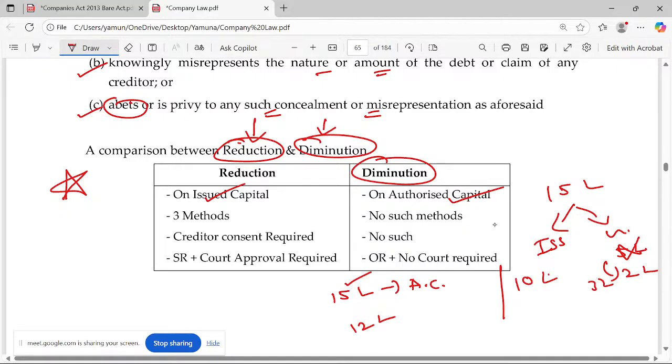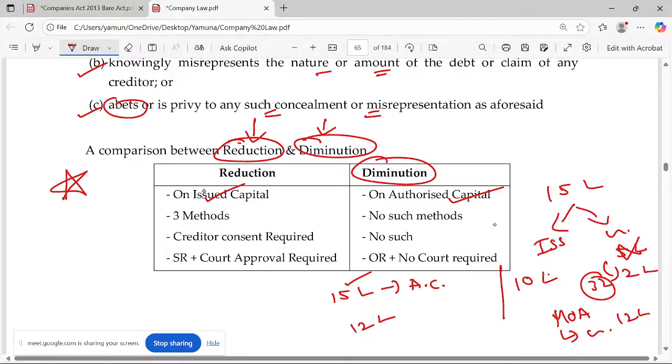You are future accountants, so you should be very careful. You should not use the word reducing here. In normal English language, it looks like reducing, but you should not use reducing. It is diminishing. When we talk about the memorandum of association and the capital clause, we say that the company is authorized to issue only these shares. And when we say 3 lakhs is diminished, it means only 12 lakhs is the authorized capital. We are not talking about the 3 lakhs, as if there are no provisions related to 3 lakhs.